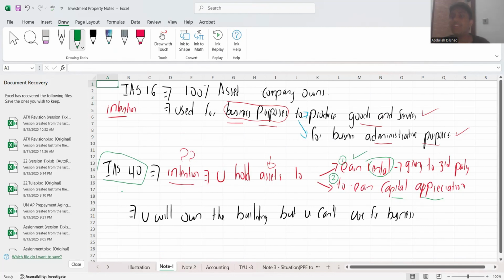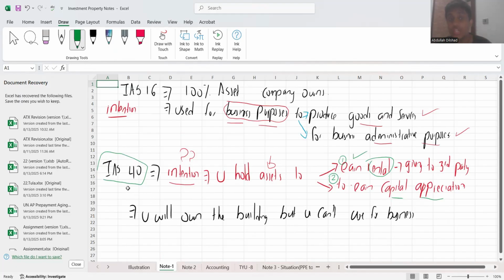So this is the difference between IAS 16 and IAS 40. In simple terms, IAS 16 says if you have an asset for business purposes, then 100% you can treat it under IAS 16. IAS 40 says if you have an asset and your intention is not to use it for business, if you want only to generate rental income by giving it to a third party on a rent or a lease, or number two, if your intention is to earn capital appreciation or an increase in the value,